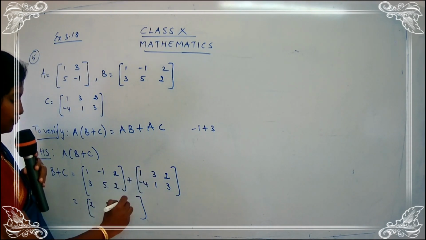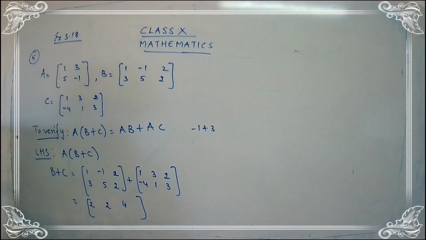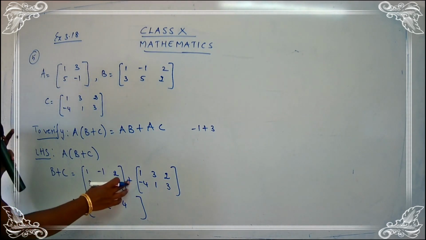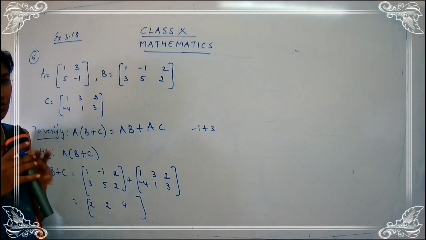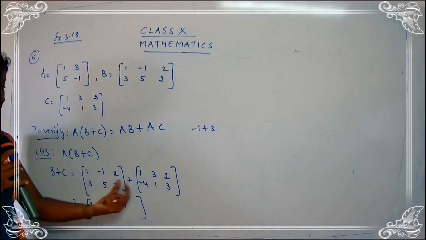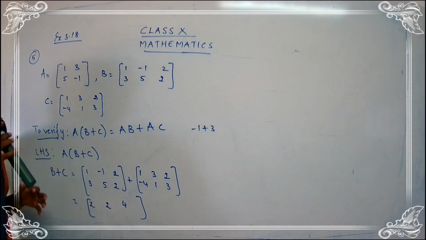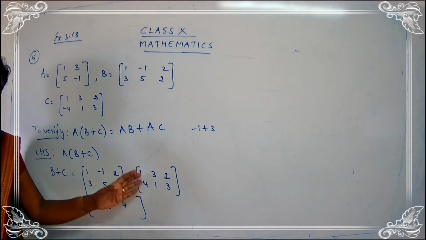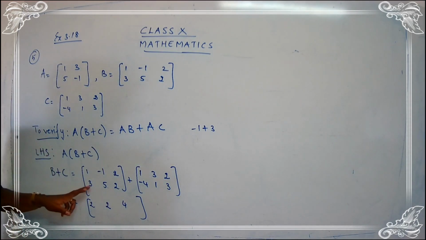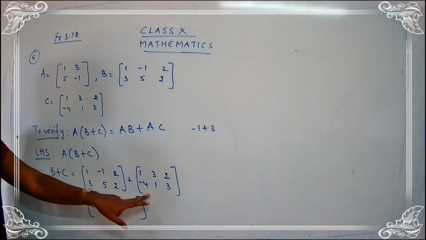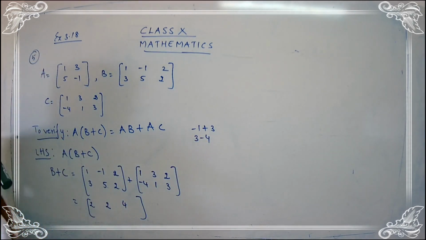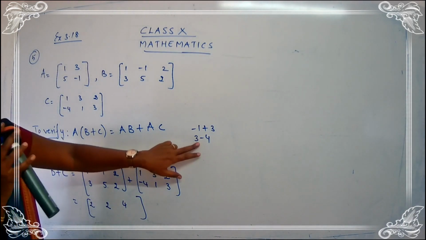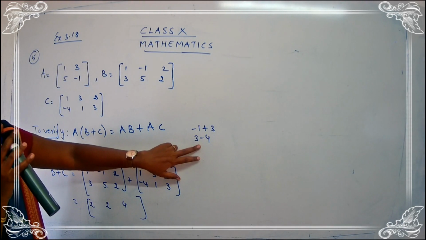2 plus 2, 4. 3 plus of minus 4, 3. I told you that whenever you are going with the addition, there is no need to worry about the sign, because you are just going to take the same sign as it is. But in case of subtraction, we have to be very careful, because when we go for the subtraction, we have to change the sign of the second part. Always keep this in your mind. So 3 plus minus 4 will turn out to 3 minus 4. What is the answer for 3 minus 4? Plus minus is minus. So 4 minus 3, 1.